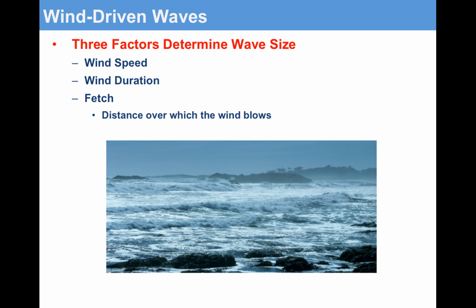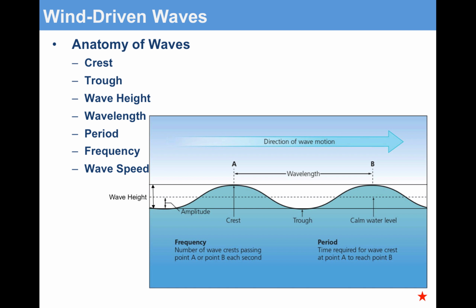Now, wave size is determined by a couple of different factors: wind speed, wind duration, and fetch. Fetch is the distance over which the wind blows. So: speed, duration, and the distance of the wind blowing. Here is some other terminology for you. We have the crest, which is the highest part of the wave, the trough, which is the lowest, the wave height, the wavelength, the distance between two waves, just like we learned about in tsunamis, the period,